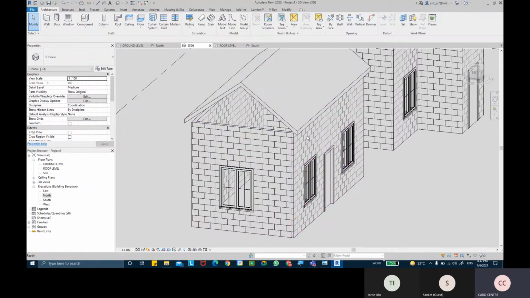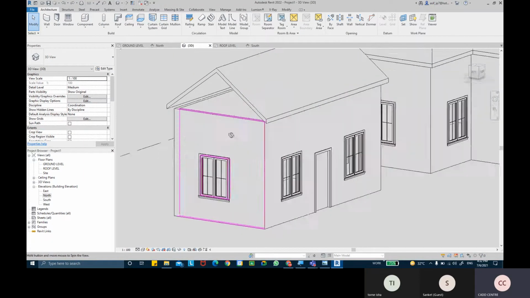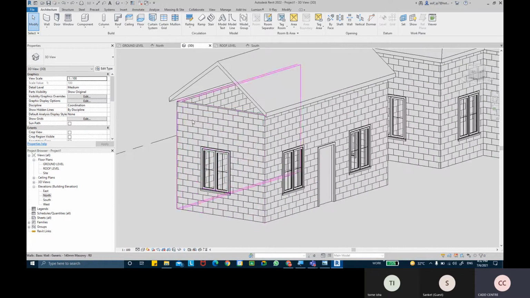So what I did was I selected the whole chain of wall basically. Now to select the chain of wall, what I did was very simple. I just keep the cursor on one of the wall. I'm not selecting that wall yet. Okay, I have just kept the cursor on that wall. So it's highlighting that this wall is going to get selected. I'm going to hit on the tab key. So it's now highlighting all the walls basically.